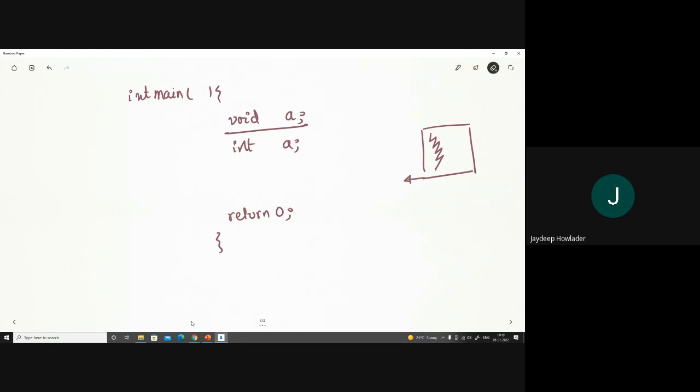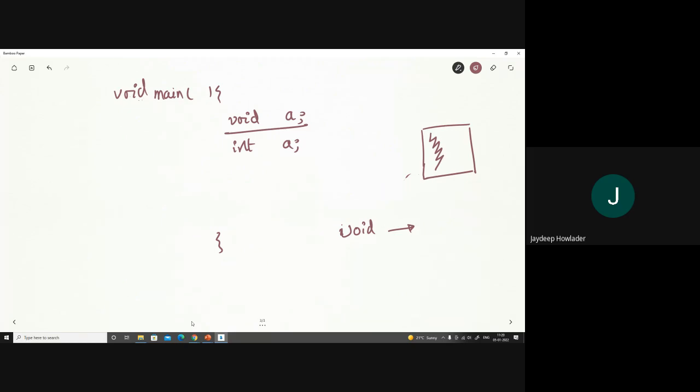Otherwise, if we declare it as void, then it does not return anything. So we don't have a return statement at the end. It terminates, and it does not make any notification to the calling function. It just terminates. So there is a special data type void, which says that the execution of a particular thing happens, and it does not return anything to the calling function.